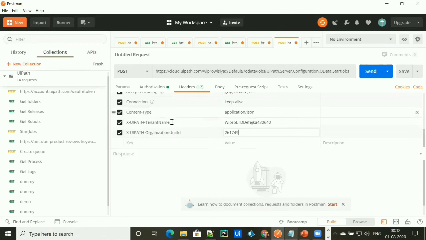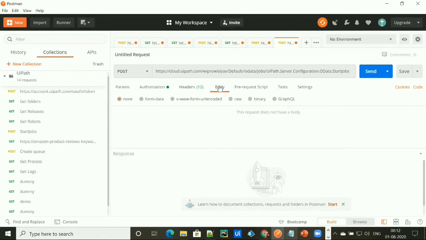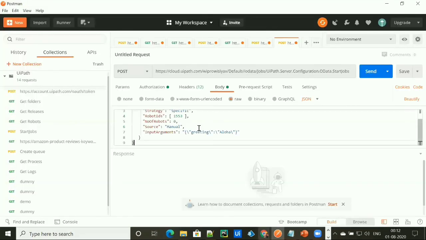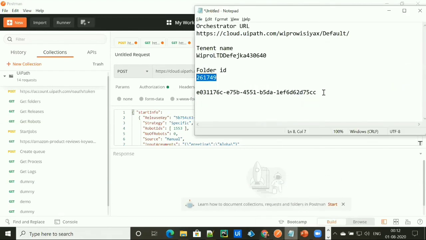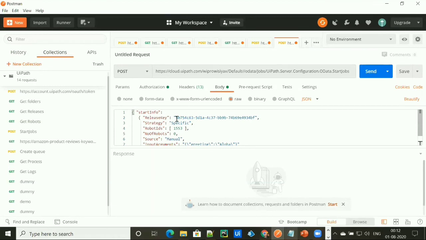So we have entered all the headers, then go to the body, select raw, JSON. This is the release key that we have got. So enter the release key. We need to enter the robot ID that we have got as a response of the robot API.